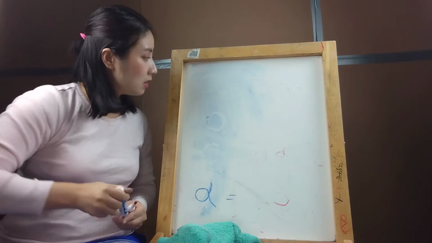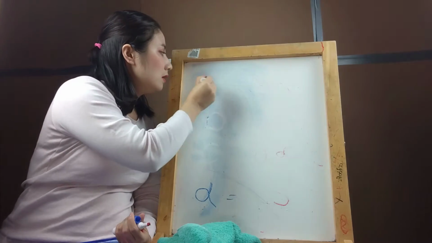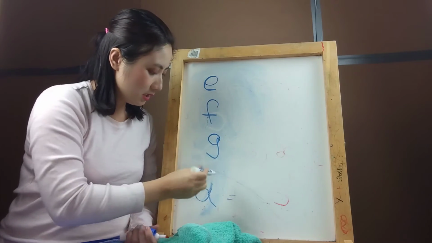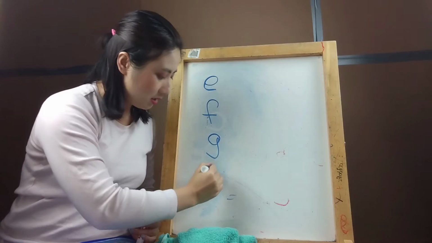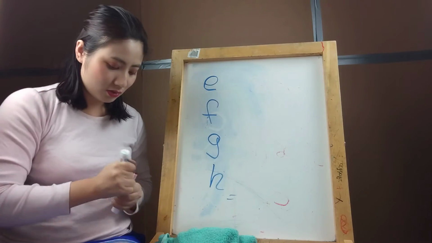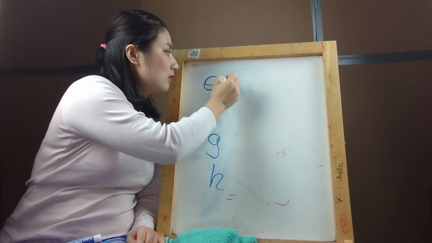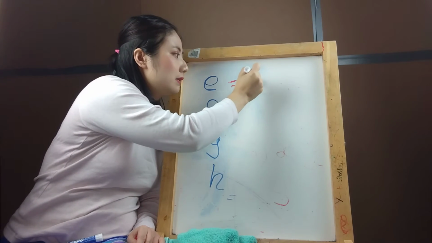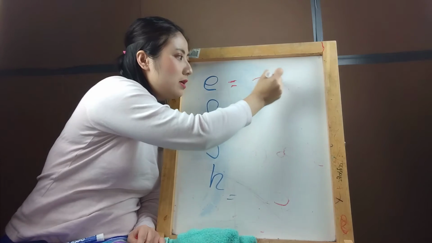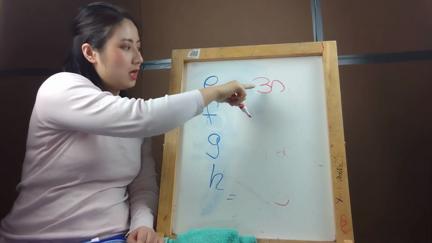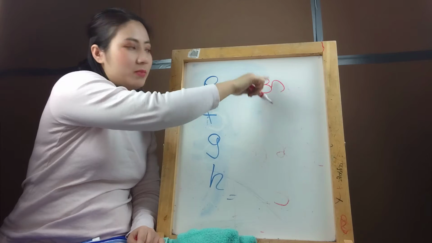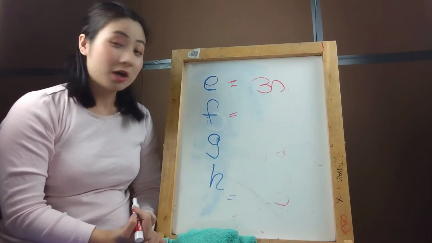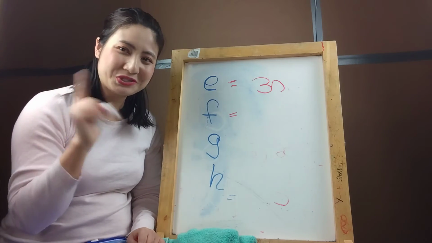And then for the next few, d, e, and then the next one we will have e, f, g, and then h. So the e sound also looks like this. Okay, it's just the way it makes the e sound. This also makes the e sound. And then for f, in Korean we don't have the f alphabet, so just remember that.